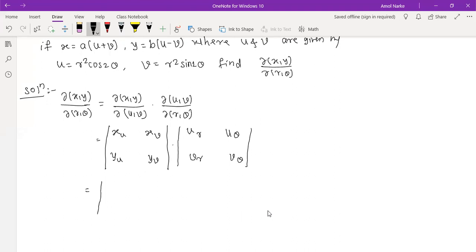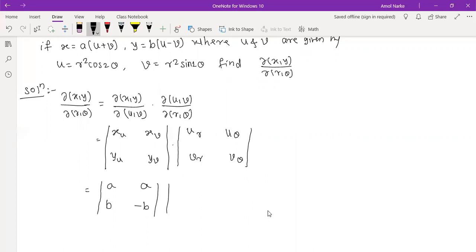No, it is not like that. It is a only. Why? Because while differentiating x with respect to u, you need to keep the other variable constant. So here b becomes constant, a becomes constant, and this derivative is a. What about xv, x with respect to v? It is a again. What about y with respect to u? It is b. And y with respect to v? Minus b, exactly.